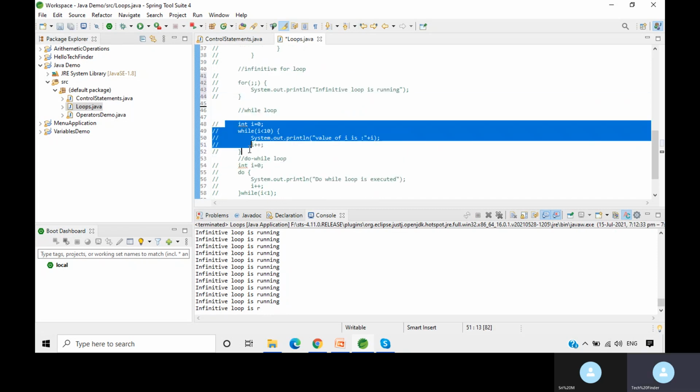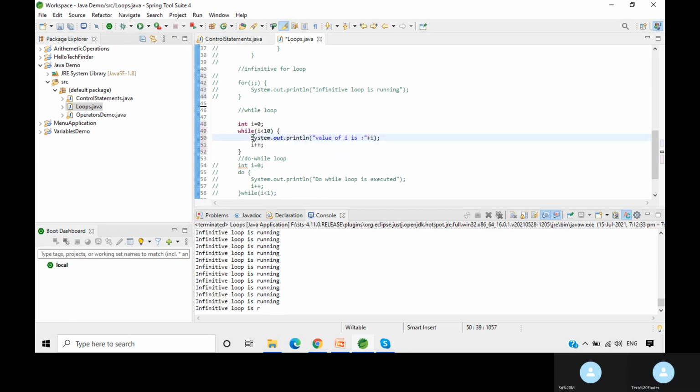Next one is the while loop. Here i less than 10 is the condition, this i plus plus is the increment, and this is the code we need to execute.